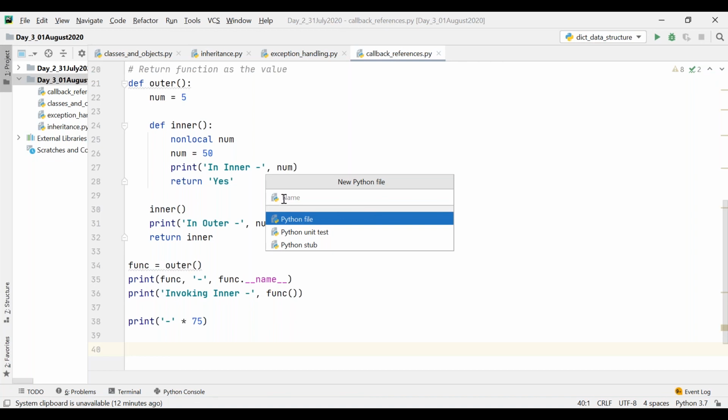Okay. So now we are going to see modules and packages. Consider you are getting one requirement wherein you have to write 10 different Python scripts. During analysis, you come to know that you have to write some common functions or common classes or common variables that should be present across all 10 Python scripts.